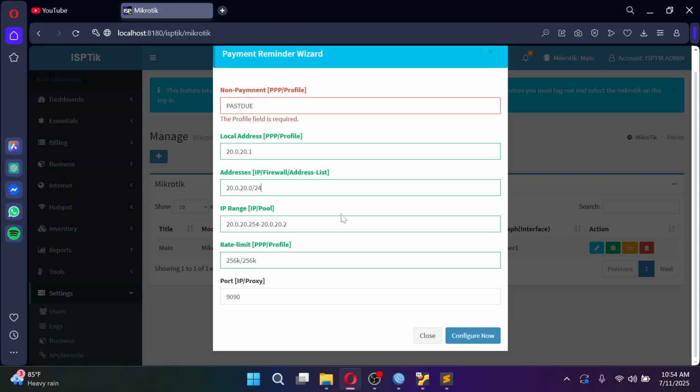So later on, we will also try to hit the winbox for the error.html file. Okay? So I think that was too much talk. Basically, it will ask for the profile for the non-payment, and then the port. We just set the port, and then everything else is okay. So basically, this predefined setting supports 200 plus PPPoE disconnected clients, etc. Okay, so if you're good with that, click configure.